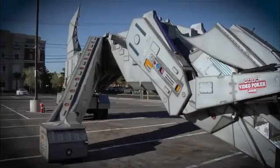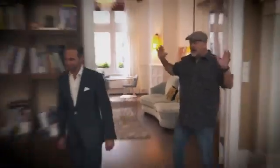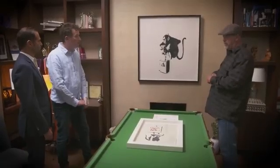We can do a bargain today for about $1 million. Holy, that's an original Banksy. That's amazing. That one is too? This one is an original screen print. Welcome to hell. I would see this piece, the Monkey Detonator, on a good day in auction, achieving 900,000, maybe